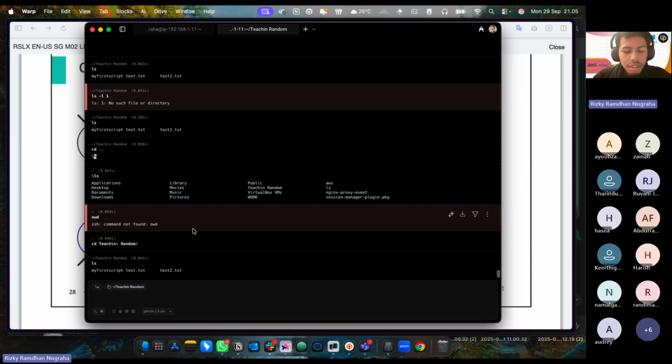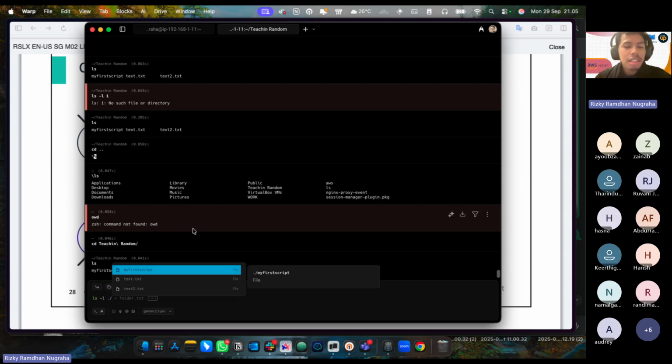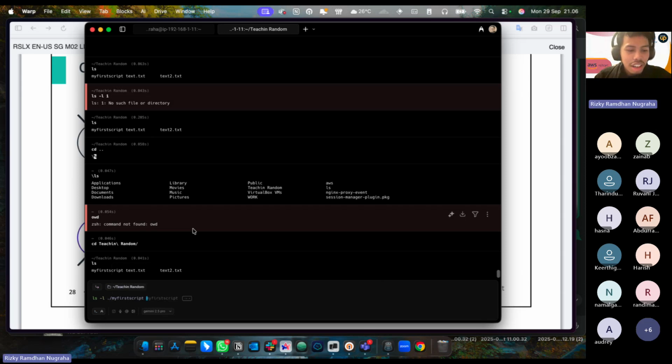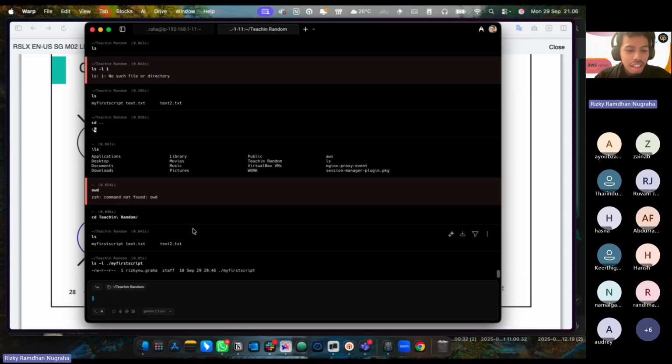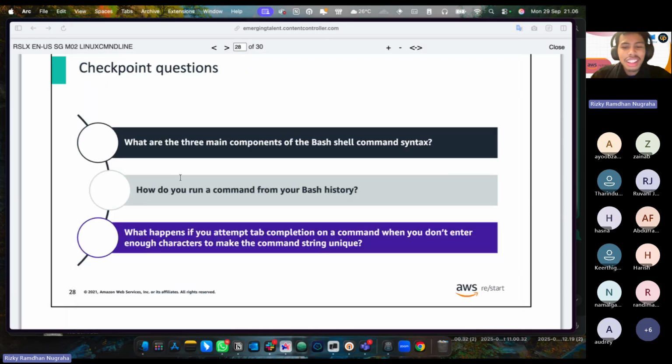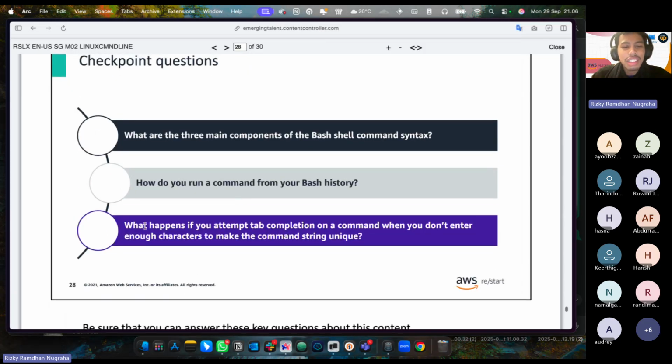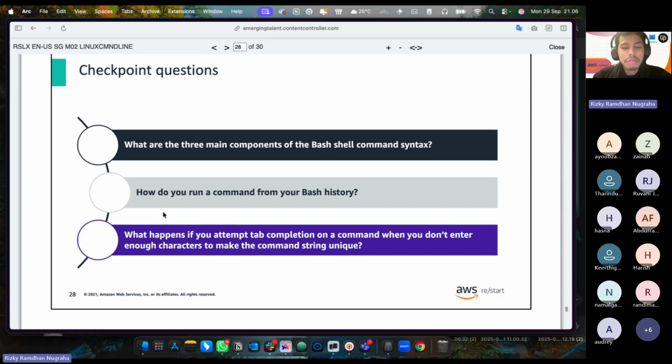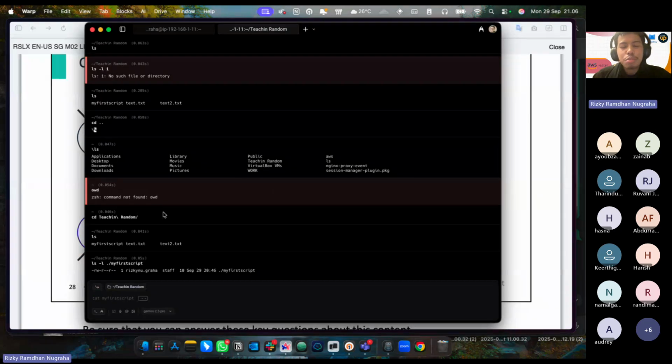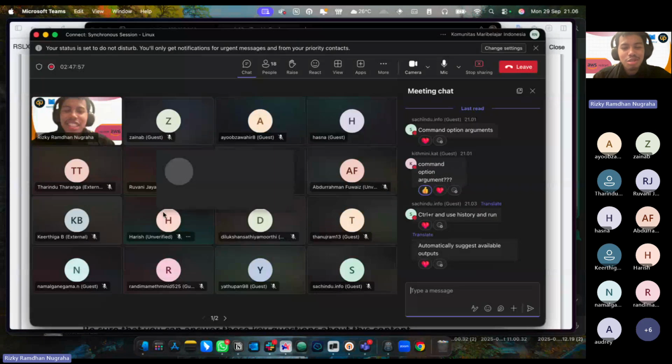So yeah, like ls means list, and you have to choose the directory, right? But I don't know the directory, so I just click tab. Wow, it just gives the recommendation automatically. Wow, that's it. All right, 2 points for Sachin,